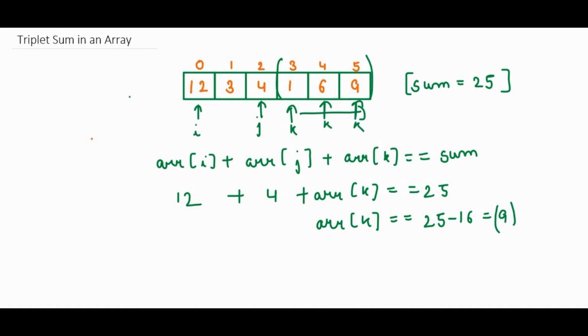So we got our answer that array of i, array of j and array of k are the three elements that will correspond to the sum which is equal to 25. Okay, so this will be our answer. So this is a brute force approach, and in this approach the time complexity will be big O of n cube. Why? Because we have to travel the array again and again for every value of i. First we have to fix i, and then we have to fix j, and then we have to travel this array, right? So for doing this it will take big O of n cube time,